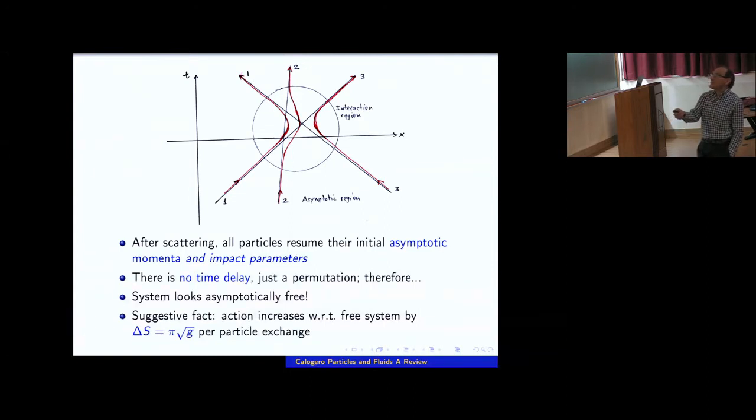The only thing is that particle 1 has now assumed the path of particle 3, that of particle 1, and particle 2 in this particular case comes back to itself. So, if you did not look closely at what happens at the interaction, if somebody told you only, here's a system of particles, that's how they scatter, here's how they come in, here's how they come out, you would say, gee, this system looks to me free. There is, however, a suggestive fact.